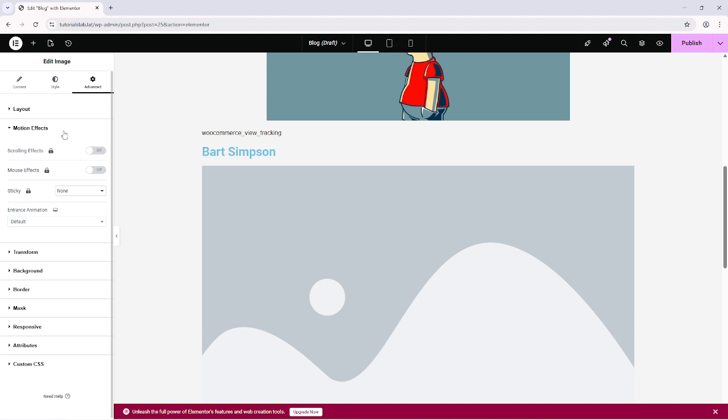If you want to create reveal entrance animations and other advanced effects, you'll need to invest in the Pro version, which unlocks this functionality along with many other powerful design tools. By upgrading, you'll gain access to entrance animations that can transform how your images appear on screen, making your website more engaging and visually